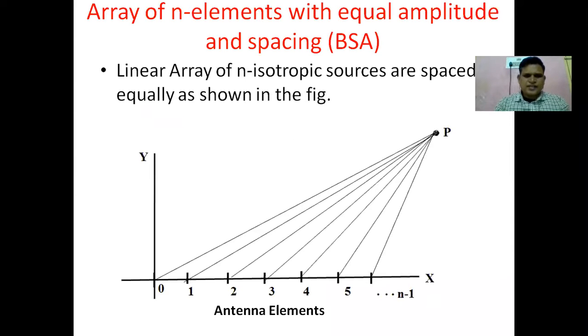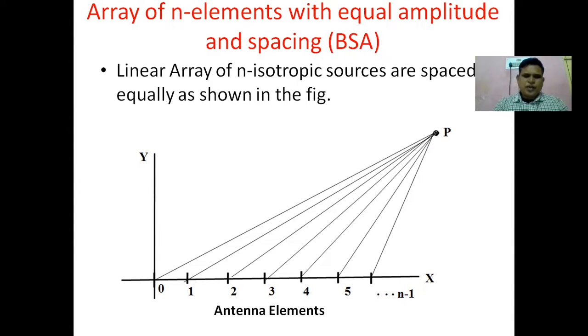Yesterday we have discussed. Now we will go further. We have calculated only for the two elements case, two antennas case. Now we are going for n elements. Now I will consider n elements, n antennas we are placing side by side, with the distance of